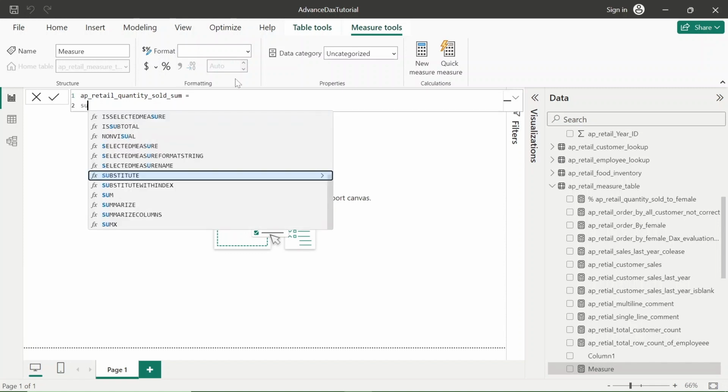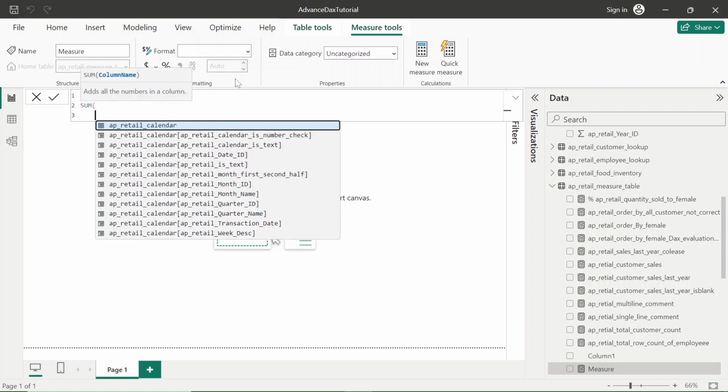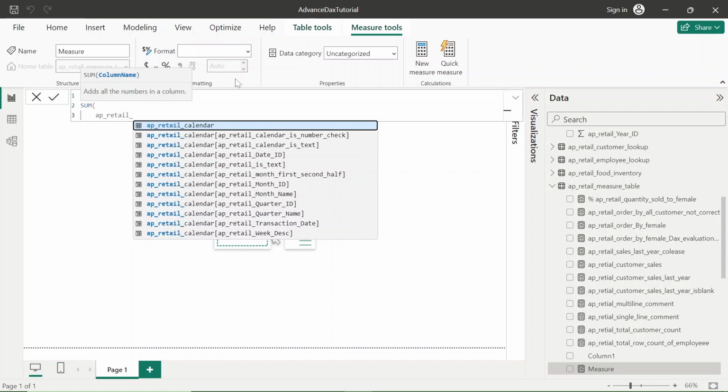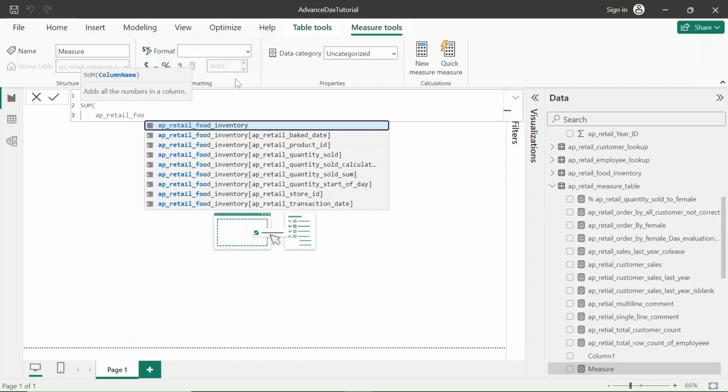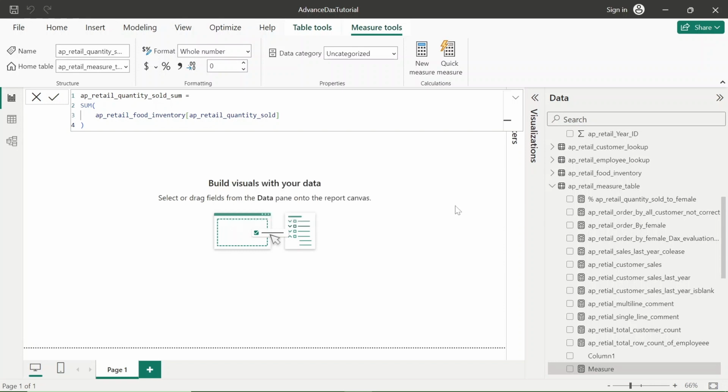How are we going to calculate it? We are calculating with the help of a sum, and from the AP retail food inventory, we are using the column AP retail quantity sold. Run it. So this measure has been created successfully.